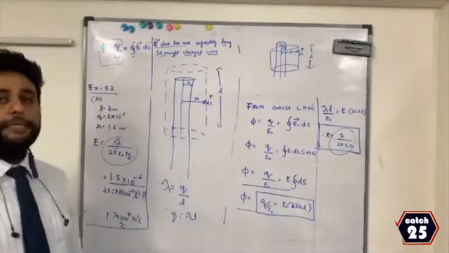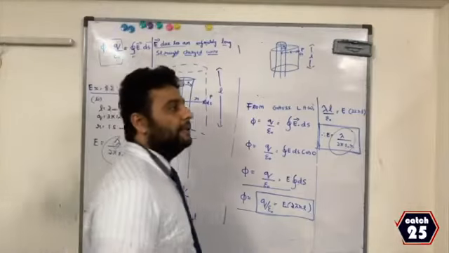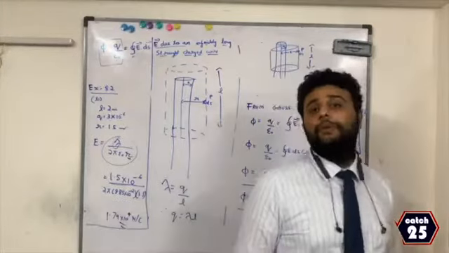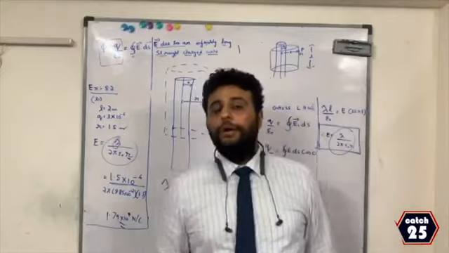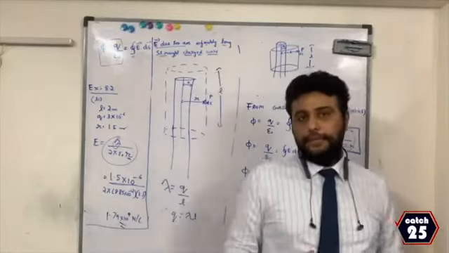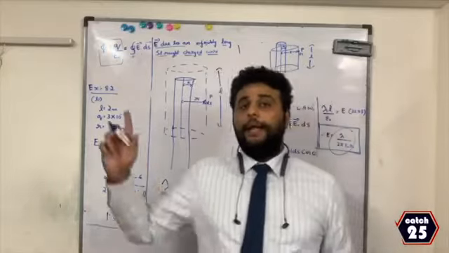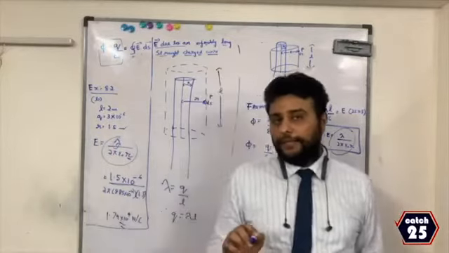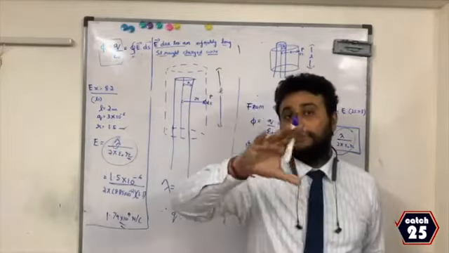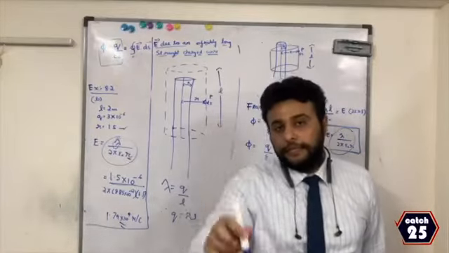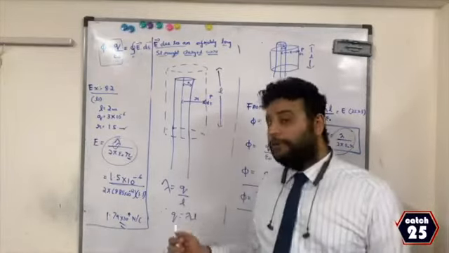Therefore if you notice, the derivation of sphere and the derivation of cylinder both are very similar. The only difference lies in the surface area. Surface area over there was 4 pi r square, over here it is 2 pi rl, and over there we used sigma, surface charge density. Surface charge density because it was a surface of a sphere. Since it is a wire of length L, over here we use lambda.